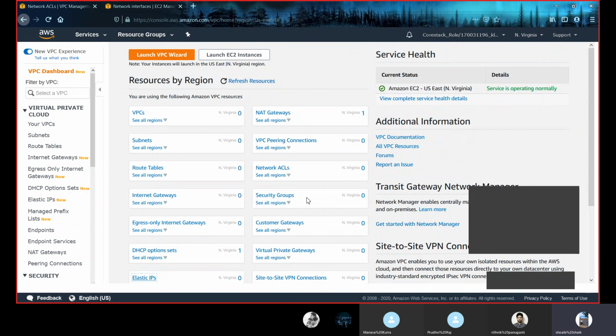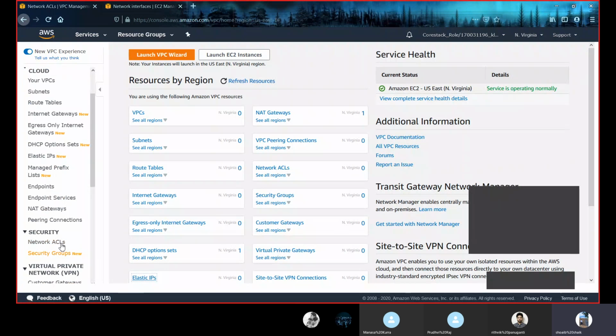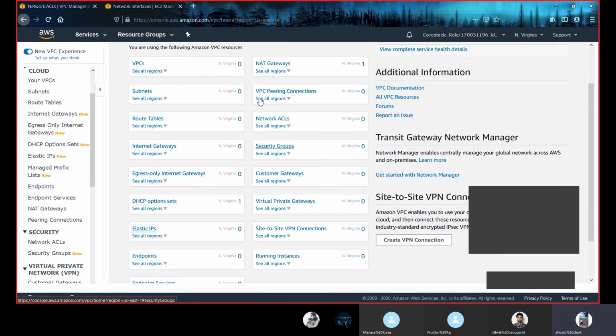Now this virtual private cloud has three main benefits. It is most secure, as we have security groups and network ACLs. Apart from these, it is easy to create a VPC, and we can easily customize our virtual private cloud. Now in virtual private cloud, numerous different resources are provided. As you can see here in VPC, these are the different resources provided.